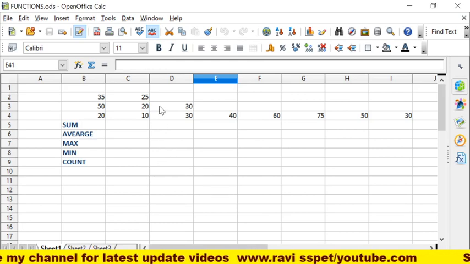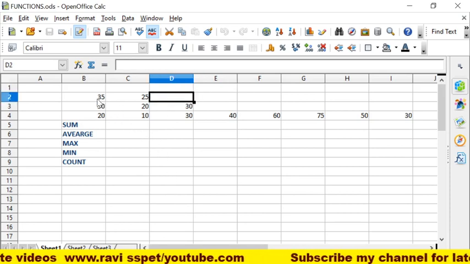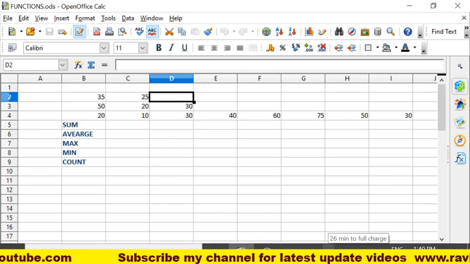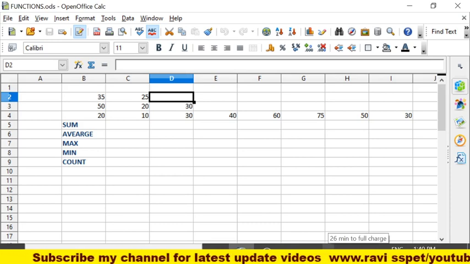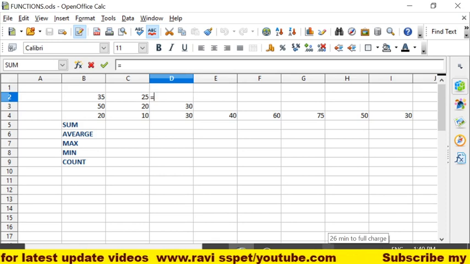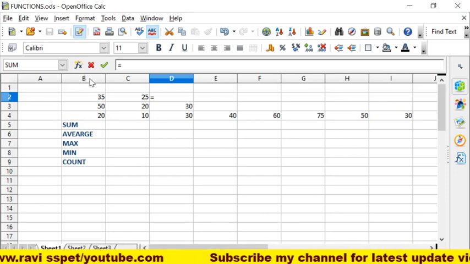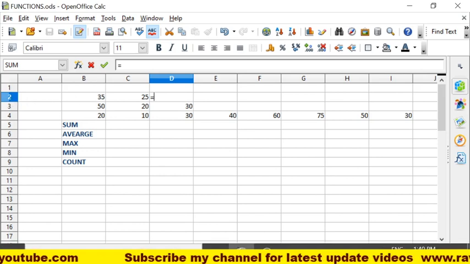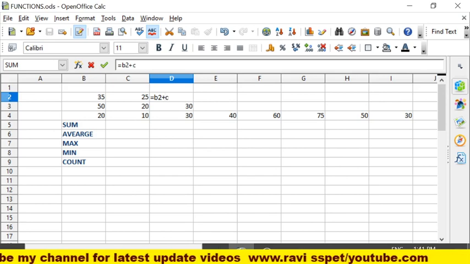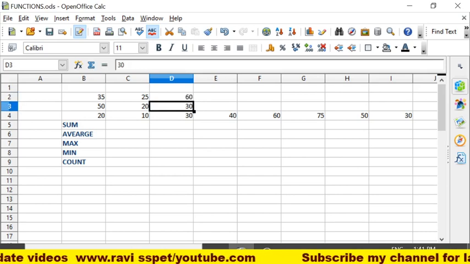First of all, I'll tell you some examples. See here, two numbers are there. I want to calculate the addition or sum of these two numbers. How can we calculate? We know that to give any formula in a spreadsheet, we have to give the equal sign first. After that, 35 is in which cell? That means the address of this cell is B2. Okay, B2 plus C2, as the other number 25 is in C2. Press the enter button. Okay, this is one.